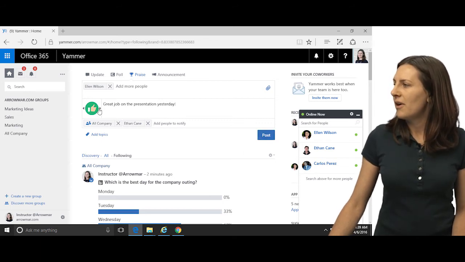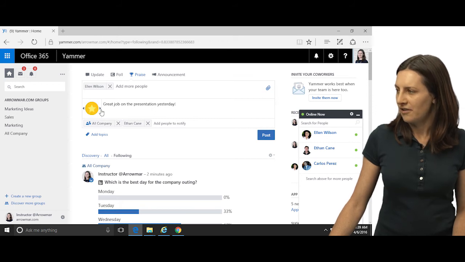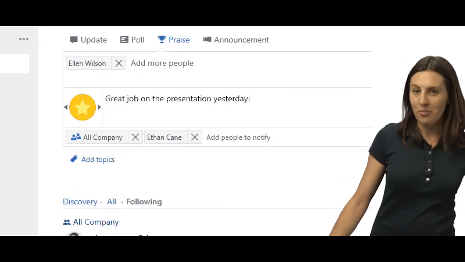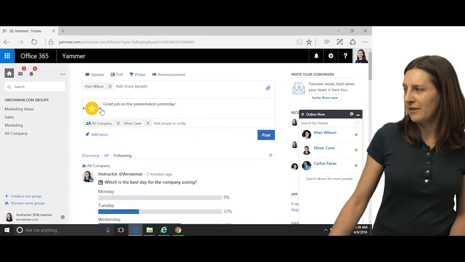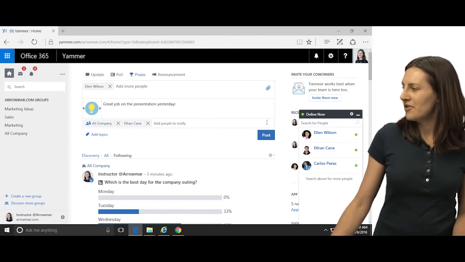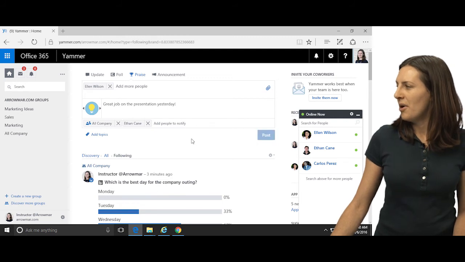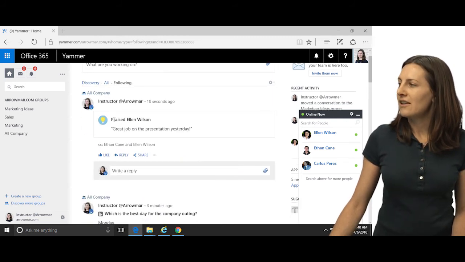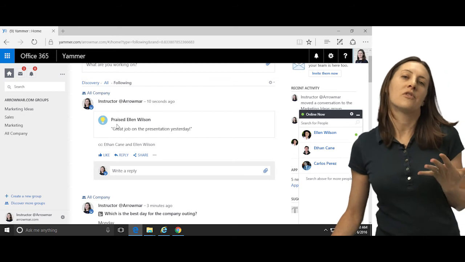And you can see, by the way, here, I'm trying to see if I can zoom in on it. You have a couple choices. I know people really like their icons. You can choose a trophy, the money bags. That's funny, right? We'll give her the light bulb because she had a lot of good ideas. Okay, so we're going to say post. And now that comes in, and it says praised Ellen Wilson,